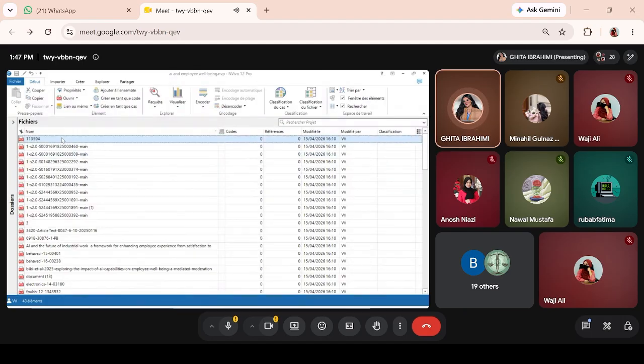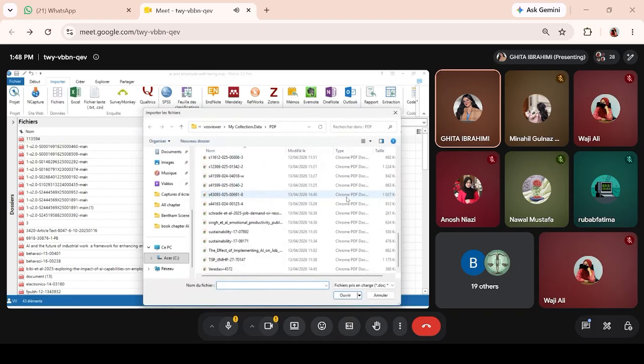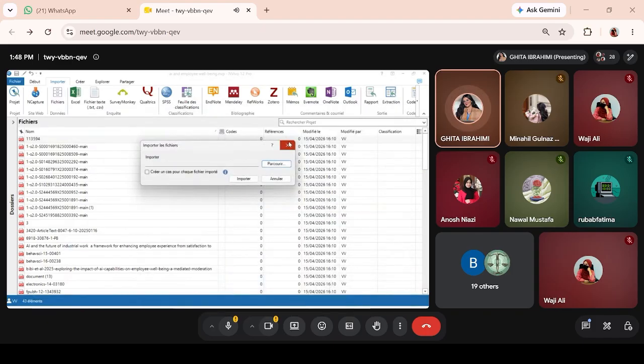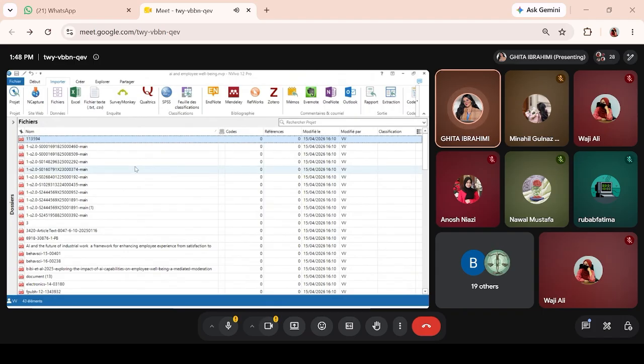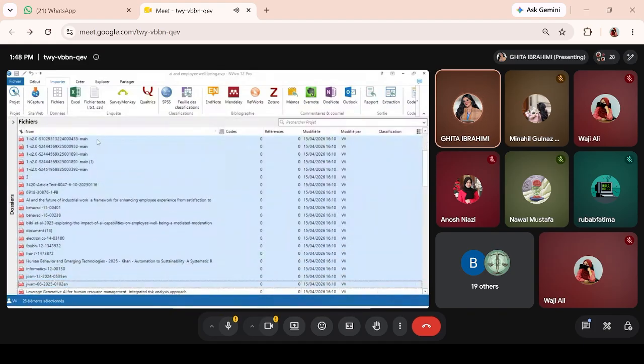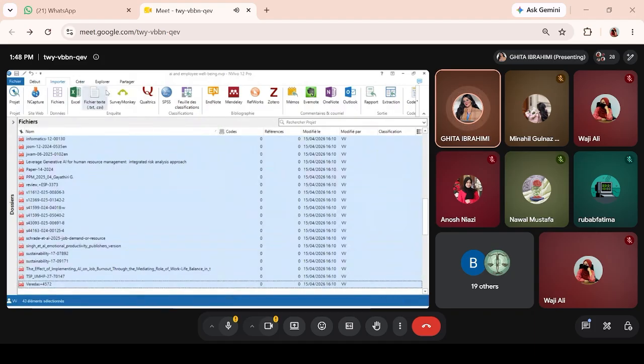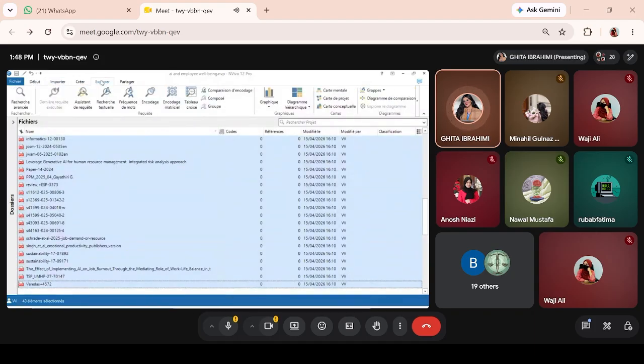Okay, so here we suppose that you already imported your data through this. Now you should select all the papers that you imported. Okay, we have so many papers. You should click explore. Basically,